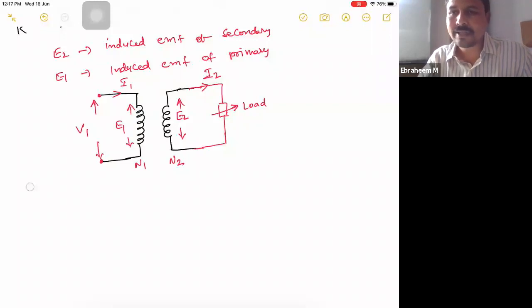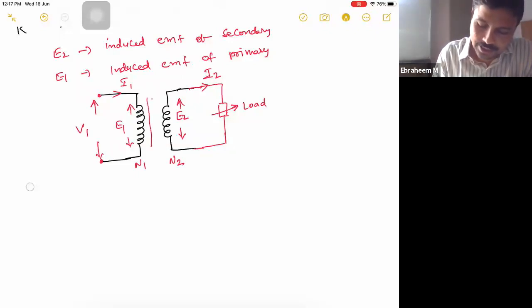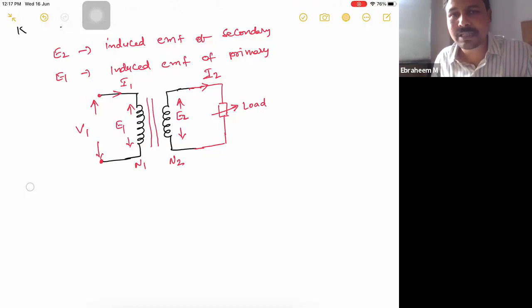Similarly, I1 is also a time varying current because these are all AC currents, right? It can cause time varying flux. This time varying flux links the primary winding as well as the secondary winding. So in the primary winding, the corresponding EMF is self-induced EMF. In the secondary, the corresponding EMF is mutually induced EMF. So there will always be mutual induction between these two windings. These two lines represent the core that I have already explained.